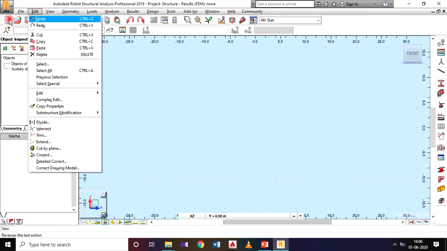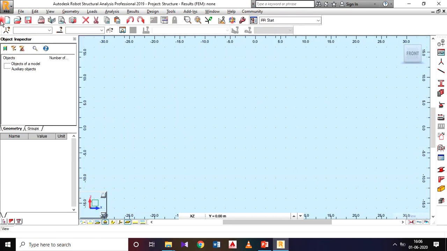Then below that we have one bar. This one we can call the standard toolbar. Here we have shortcut keys for options available in the menu, like new project, open project, save the file, cut, copy, paste, undo, redo. Then we have another bar, which also has shortcut keys.